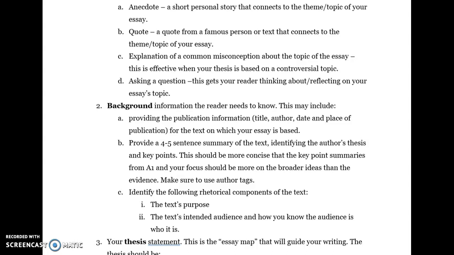So a resource that would be really helpful in order to do that would be the identifying and understanding audience assignment that we did a few weeks back. So if you're having a hard time figuring out who is this intended audience, who is the author most trying to reach, I would recommend looking at that document